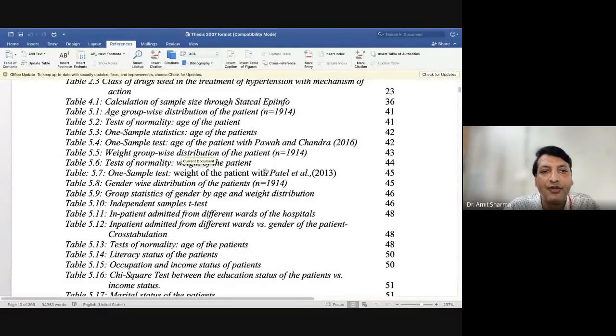Otherwise, if you have a separate file for your introduction, a separate file for your review of literature, a separate file for objectives, a separate file for methodology, and a separate file for results, then you cannot make the list of contents, list of tables, and list of figures automatically with the help of software. All the chapters should be written in a single Word file.